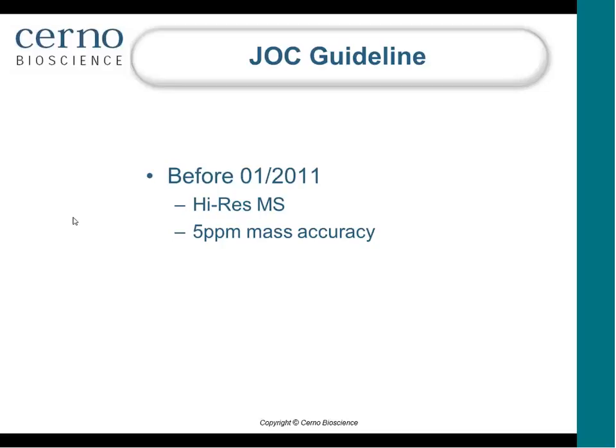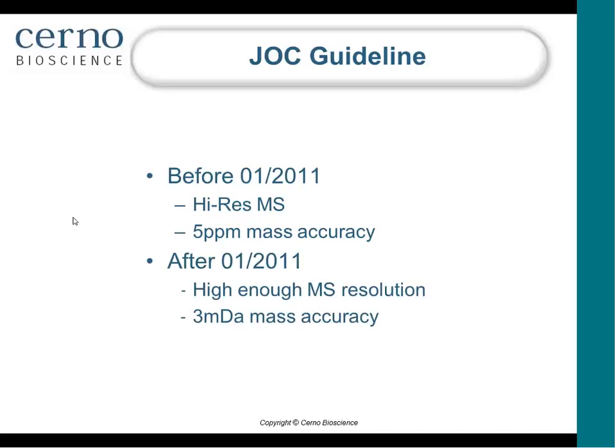So after intense lobbying from the ISMS work group, the guideline has been revised later to specify that a mass spectrometer of high enough resolving power so that you can be reasonably sure of the lack of interference, which is a much more reasonable requirement. And also the 5 parts per million mass accuracy has been changed to 3 millidalton mass accuracy, from a relative mass error to an absolute mass error, which is a lot more reasonable. This guideline is a good step forward, but it's not quite right yet either, as you will see from this next slide,